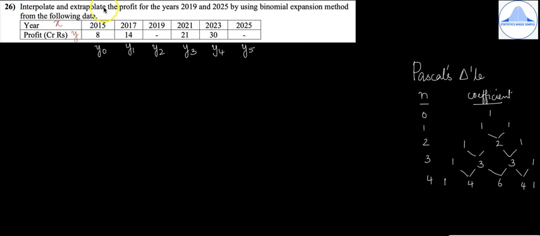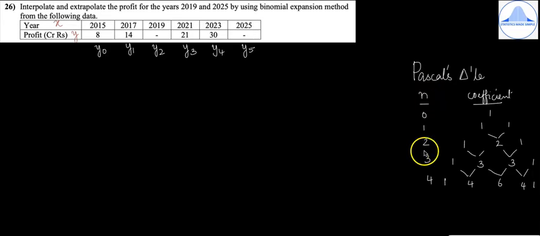26th question, interpolate and extrapolate the profit for the years 2019 and 2025 by using binomial expansion method from the following data. The years are given from 2015 to 2025 with a difference of 2, and the corresponding profit in crores of rupees is given. So first let us mark year as X and profit as Y, and the Y values as Y0, Y1, Y2, Y3, Y4 and Y5. At this side I have drawn the Pascal's triangle,